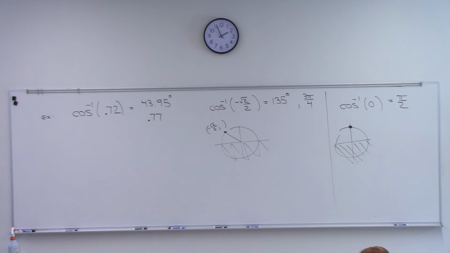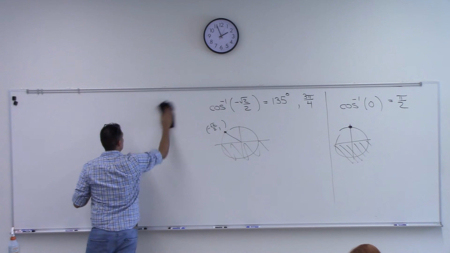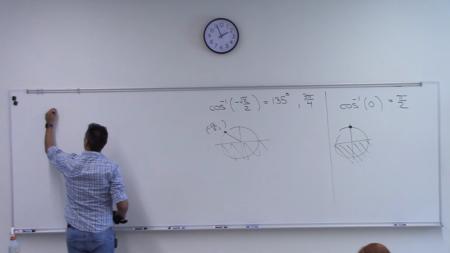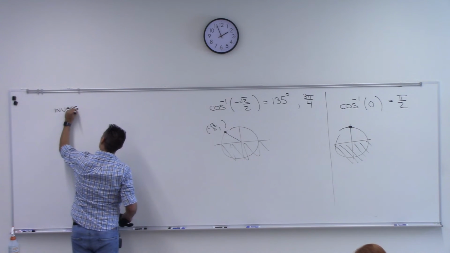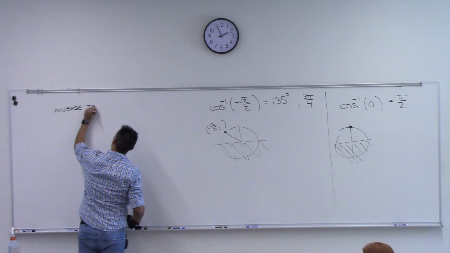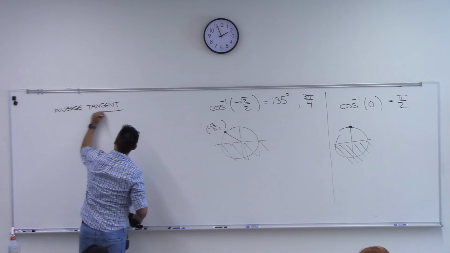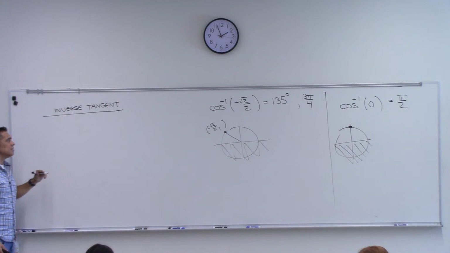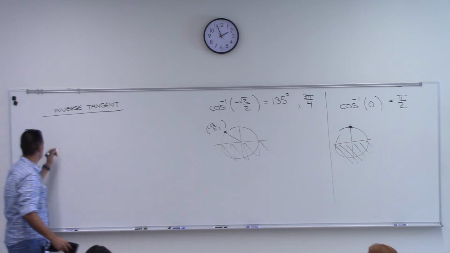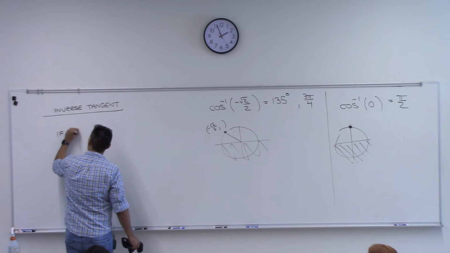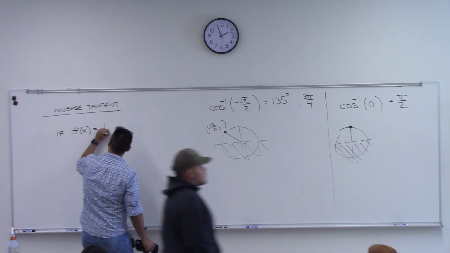How about we look at the inverse tangent function? This one's a little weird. The inverse tangent. Arctan, inverse tangent. All right, so this is a weird one, because if we graph tangent, tangent looks very different than sine and cosine, right? So if we let f of x be tangent x,